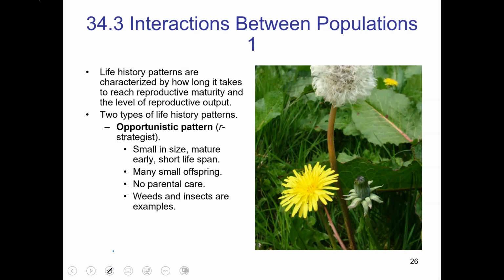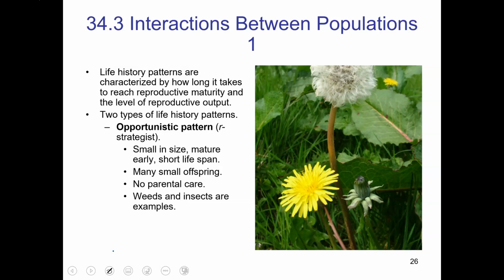So in this lecture, we're going to talk about interactions between populations, and specifically we're going to look at two different life history patterns. A life history pattern is characterized by how long it takes to reach reproductive maturity and the level of reproductive output that is produced within the organisms. There are two basic types, and the first one we'll look at is an opportunistic